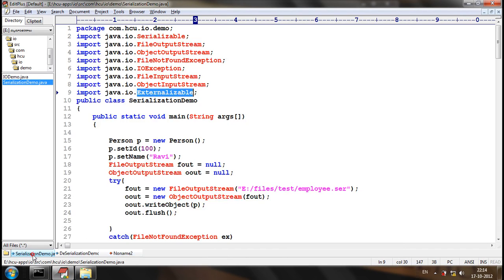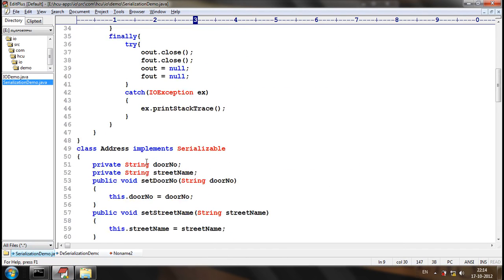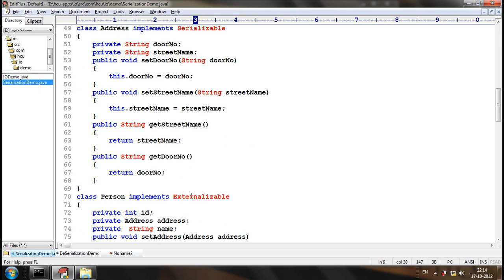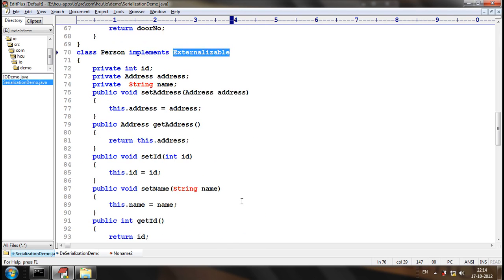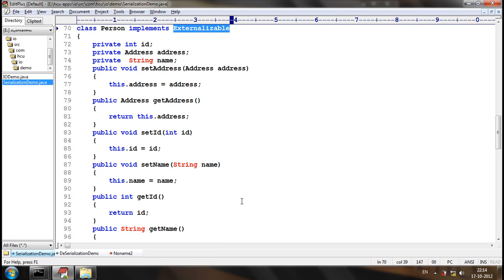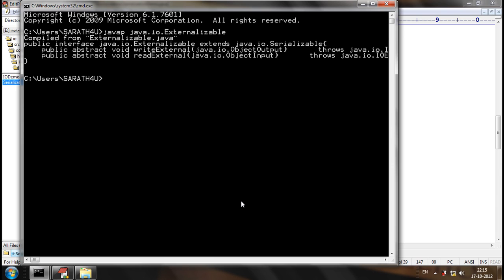So, now, let me implement the Person class with Externalizable. Will it compile successfully? If we implement the Person class with Externalizable, will it compile successfully? No, just because the Externalizable interface has two abstract methods. One is writeExternal, second one is readExternal. So, if we try to compile the application,